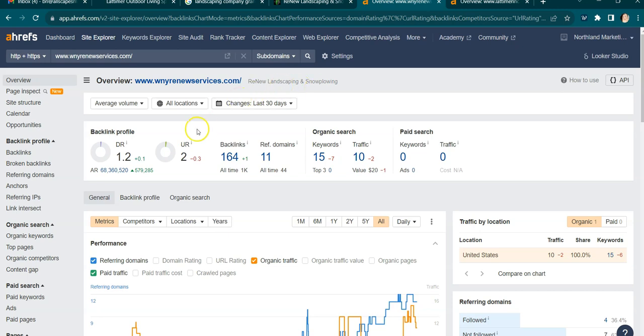Second thing I want to go over is UR and DR ratings. These ratings are really important for where you fall within the Google search results. A DR rating is essentially a power rating with Google, and a UR rating is essentially a trust rating with Google. These numbers are generally raised by something called a backlink, and all a backlink really is, is a shout out or an endorsement from another website.